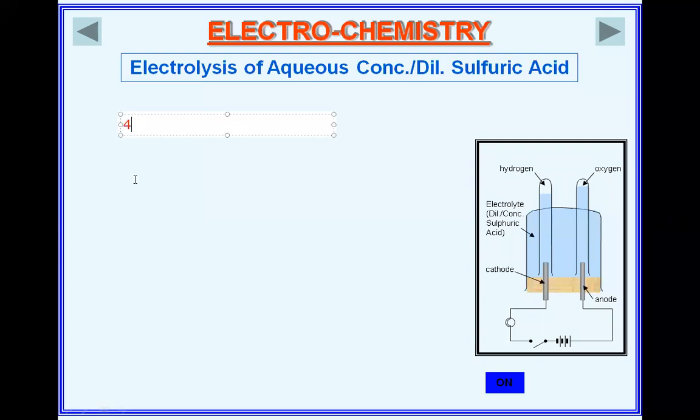So four hydrogen ions travel towards the cathode, gain electrons, then hydrogen gas is formed. This reaction occurs at the cathode, but the reaction at the anode is